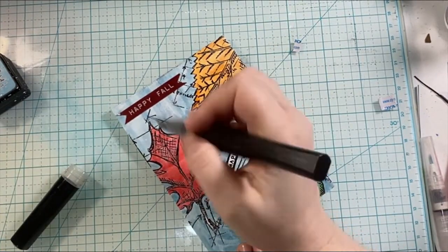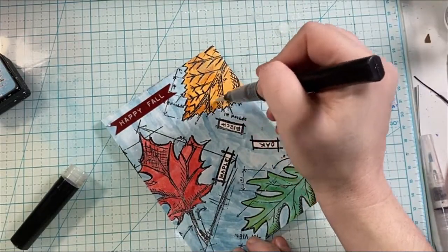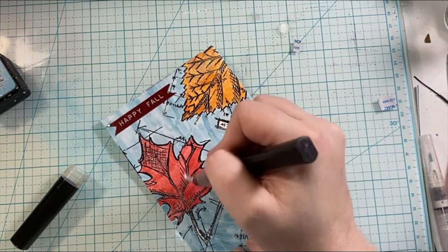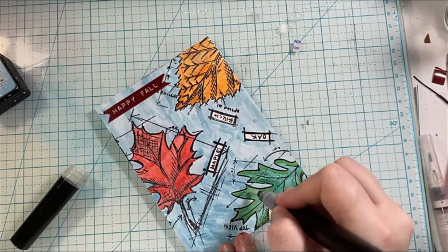And then to finish off the card, I'm going to add a few more elements. So this is the Spectrum Noir Sparkle pen. I could have left this alone, but I thought these leaves needed a little bit more. They needed to sparkle, they needed to stand out. Even though they are very vibrant colors, I thought that the sparkle would just add that finishing touch to this